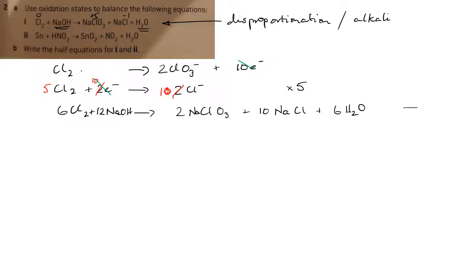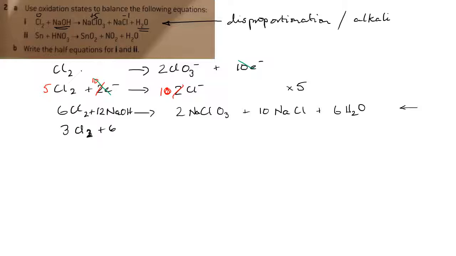Okay, so that would probably get the mark if the mark scheme said allow multiples. If it didn't say allow multiples, the examiner would be expecting you to just simplify this, because you can see each of these molar ratios you can divide by 2. So let's do that. So you could have 3Cl2